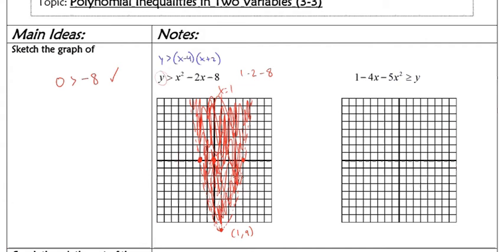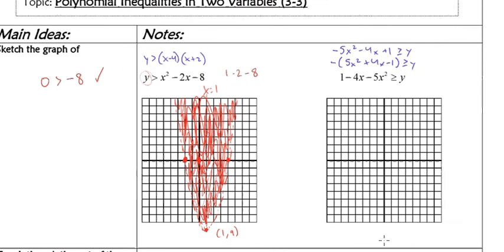Next, I've got 1 minus 4x minus 5x squared is greater than or equal to y. So I'm going to reorder this and get it into a factored form that's useful to me. So I'm going to have negative 5x squared minus 4x plus 1 is greater than or equal to y. And I can factor this. First off, I'm going to factor out a negative. So negative 5x squared plus 4x minus 1 is greater than or equal to y. And I'll come over here and use some of the space over here. That's going to factor out to be,